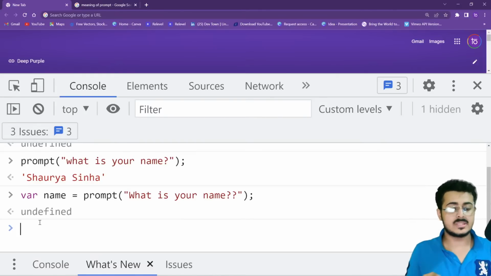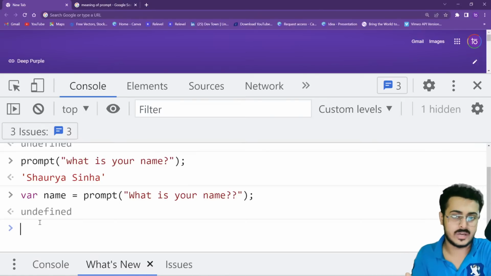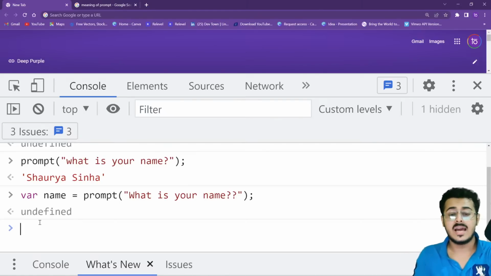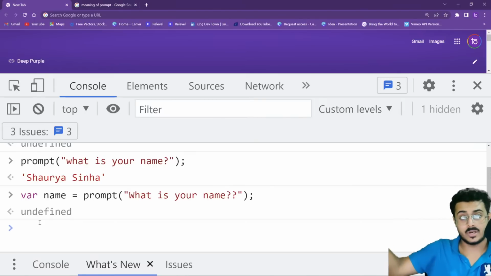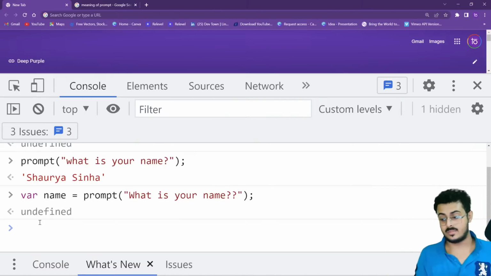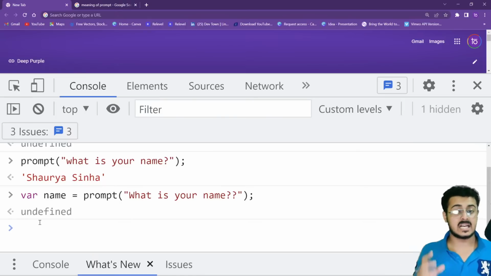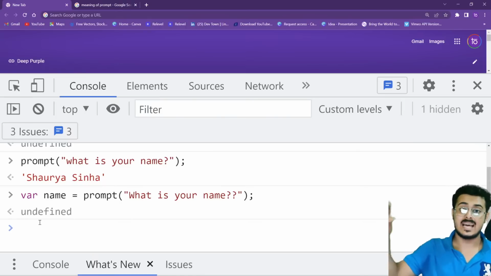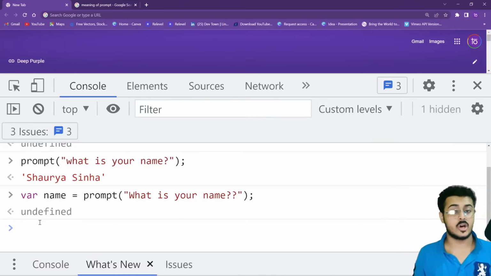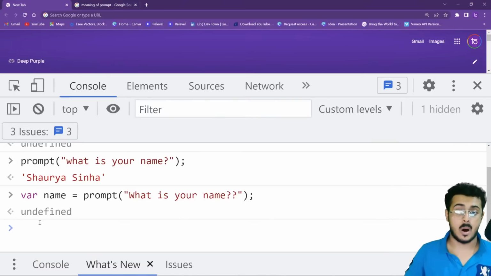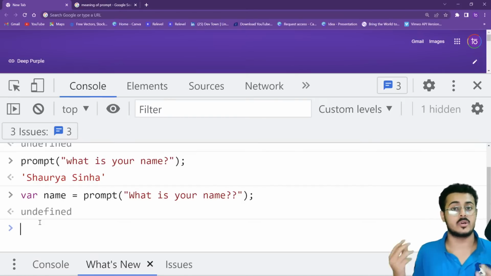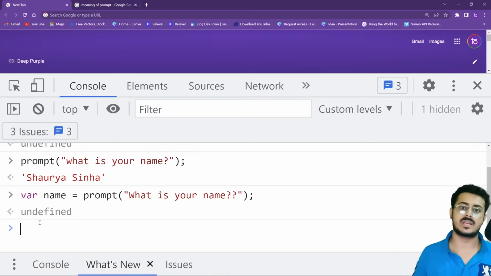Now, if I want to use that particular name, if I want to just print it out, whenever you are using alert, what happens? An alert will show you a pop-up on the website itself. Anyone coming to your website will be able to see that pop-up. You don't want users to see a message every single time. Every time you go to a website, it's pop up, pop up, pop up. You will get so frustrated with that. You don't want to do that.